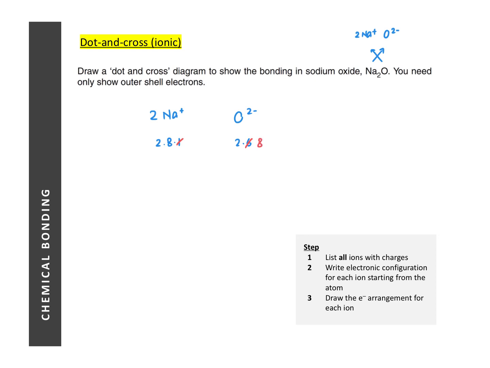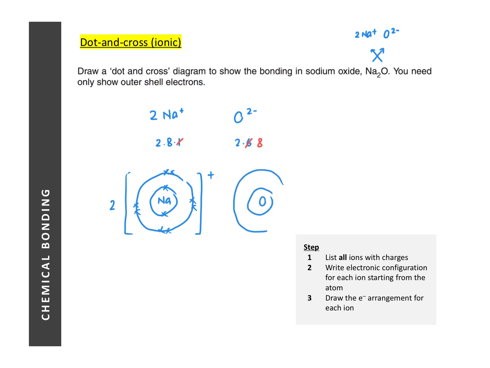So once you are done with step number 2, the last thing to be done is to draw the electron arrangement for each ion. So sodium ion has the configuration 2.8. Okay, don't forget to add in the bracket the charge and the number of ions. And then oxide would have the following